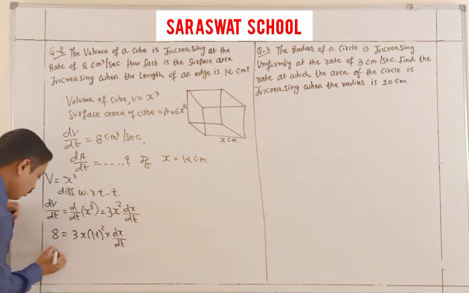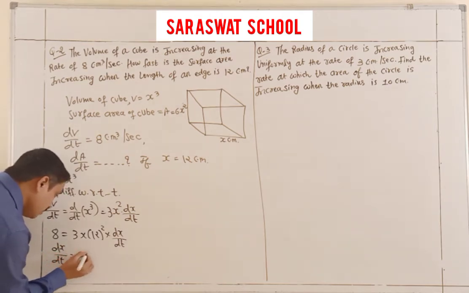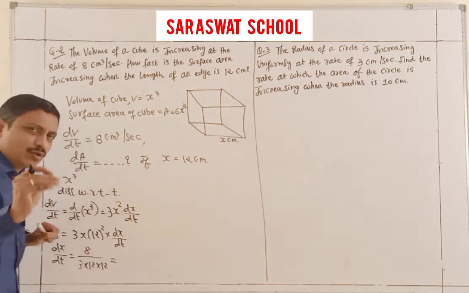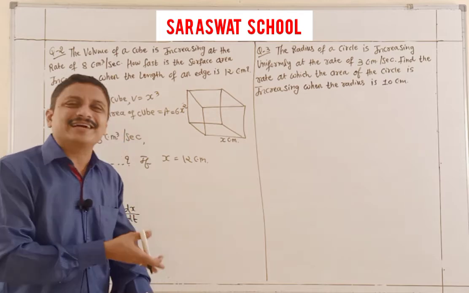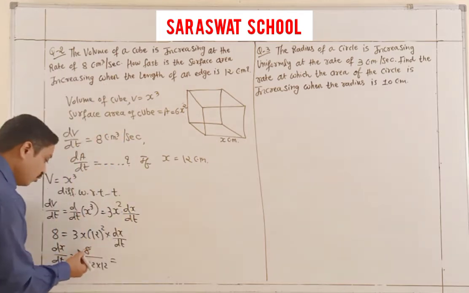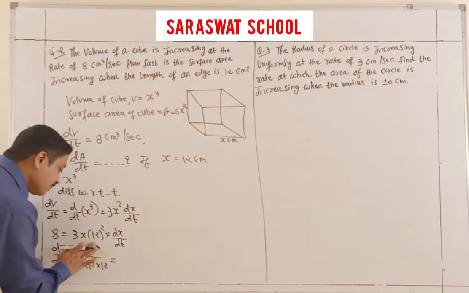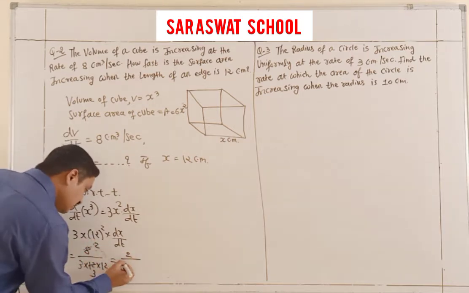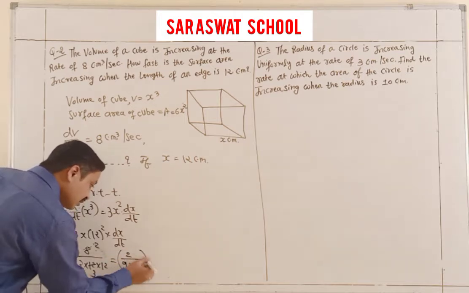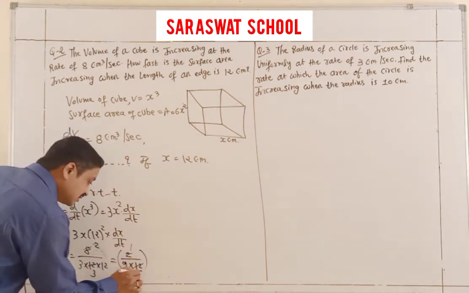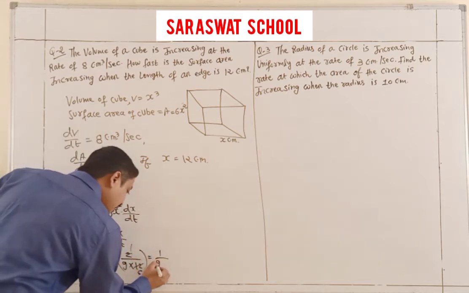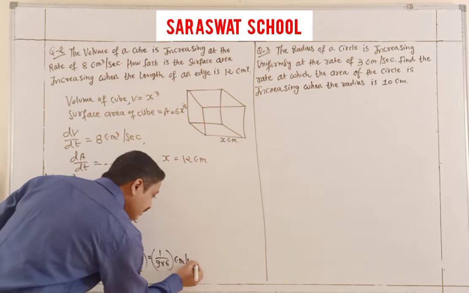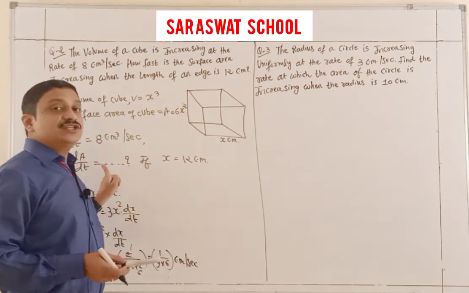So finally, what is your dx by dt? 8 below, 3 with 12 into 12. Don't worry, you don't multiply it as it is. It cancels already: 4 twos are 8, 4 threes are 12, you get 2 upon 3 threes are 9 into 12. It cancels again, 2 ones are 6, so 1 by 9 into 6, which is 54. Unit centimeter per second.